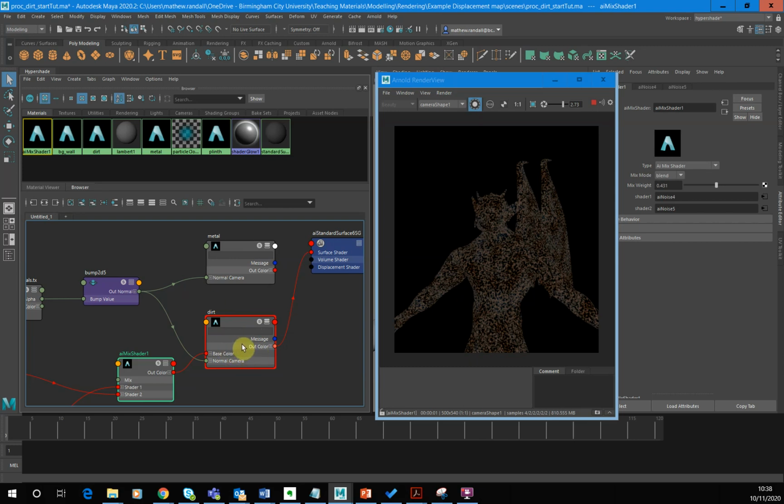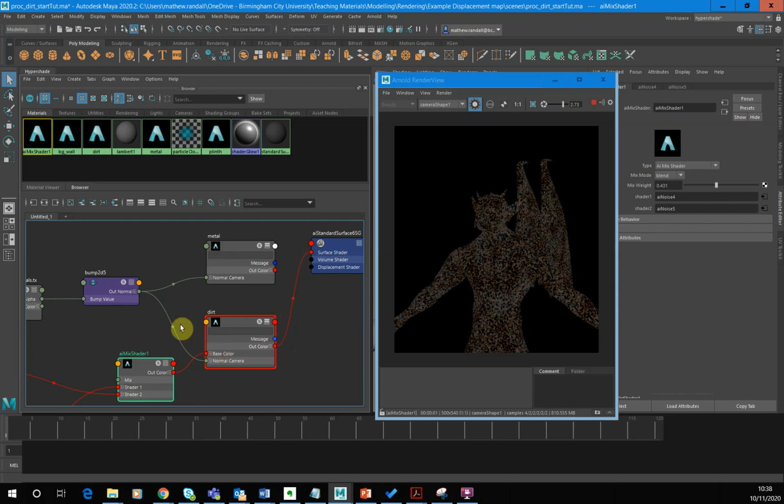But before we do that, what I'm going to do is refine this metal material, okay? And what I want is this metal material to give us a specular roughness that isn't just the same specular roughness across the entire model. So we're going to focus on that first, and then we'll have a look at how we can bring this